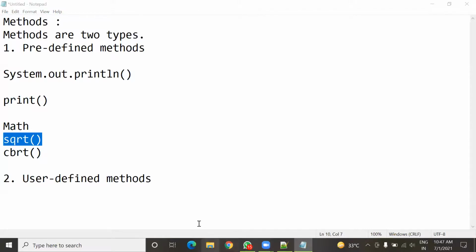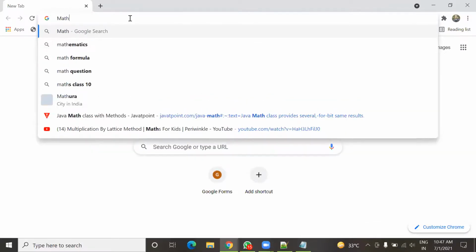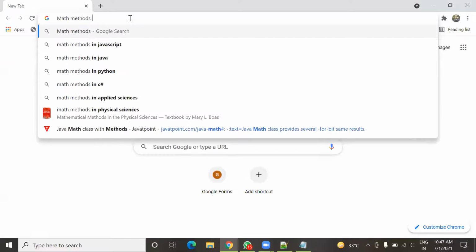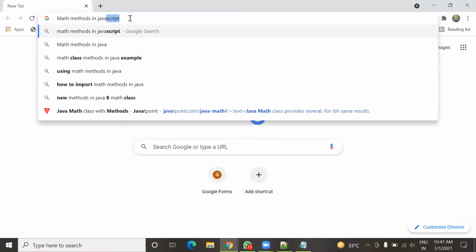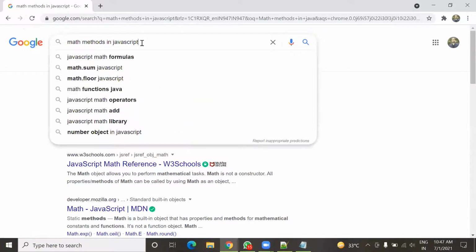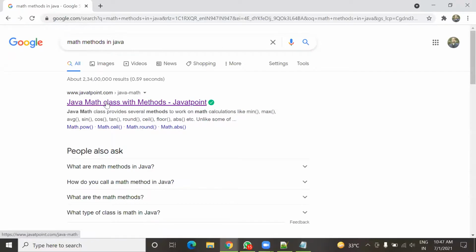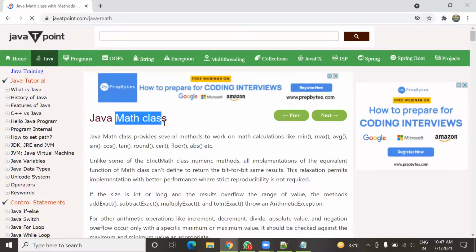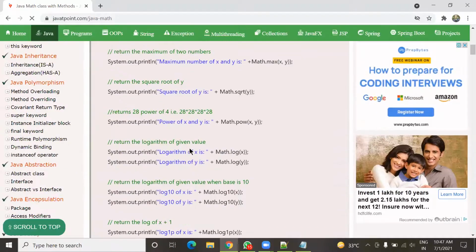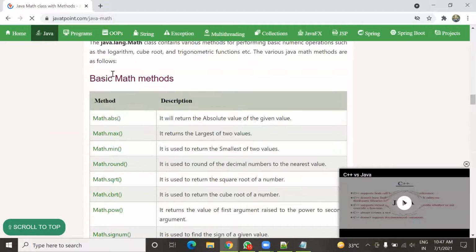So I'm going to show you some math methods. Just see here, Math is a class, and in a class methods will be there. Here, basic math methods.